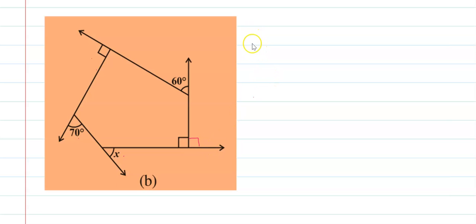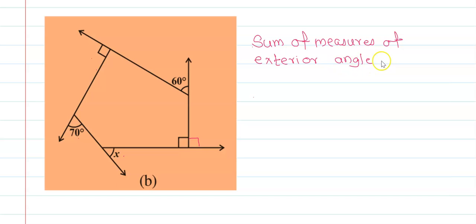Now again, the sum of the measures of exterior angles of a polygon is